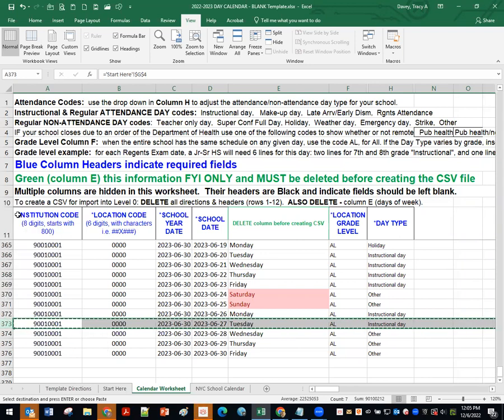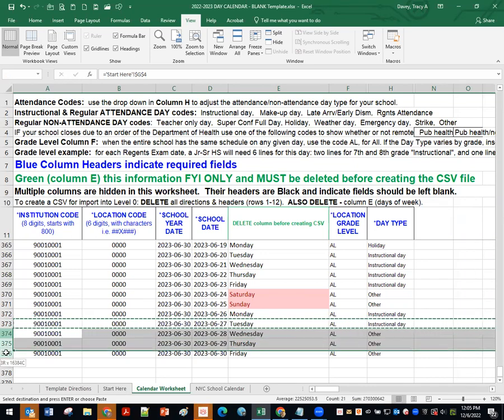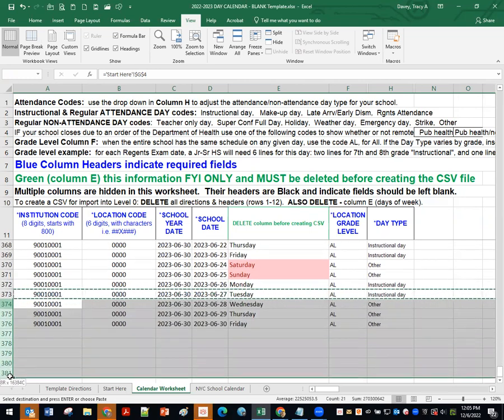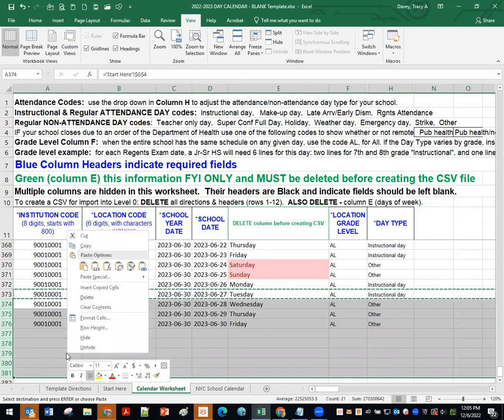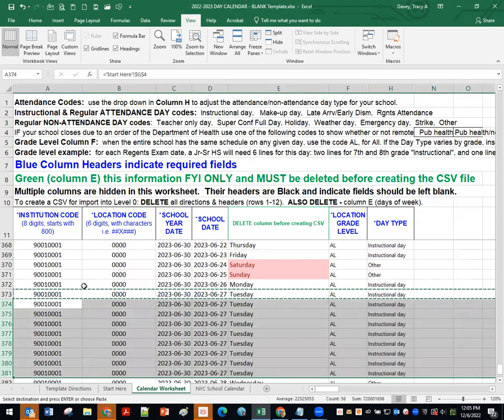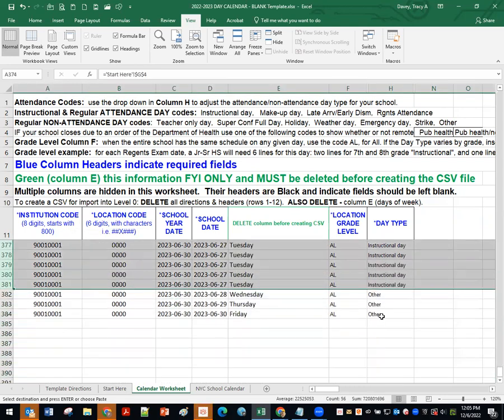So I'm going to copy that line. I need to insert it there. K-8 would be 9 different entries. So I'm going to drop down 9 rows, 7, 8. Actually, I only need to add 8 because I have the original row. And then I'm going to insert copied cells, and you'll see that those other dates in the school year got